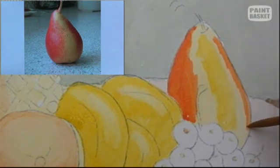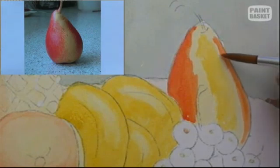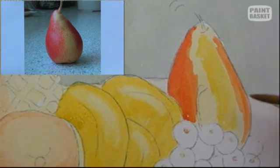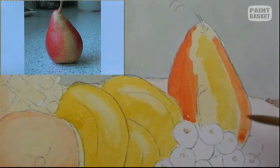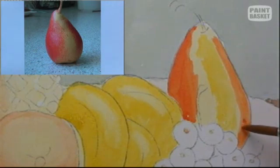You may see it in the picture of the photograph of the pear, but the light on that one is coming from the opposite side. So here I'll make that a bit lighter. Down here, I can actually make it a little bit darker, drop some darker color inside here where you've got the shadow side. Then I'm going to take the wet brush,